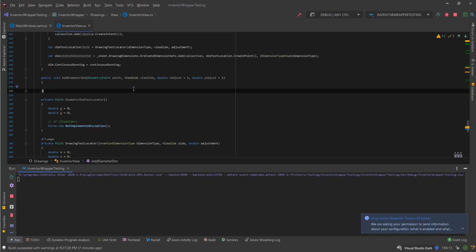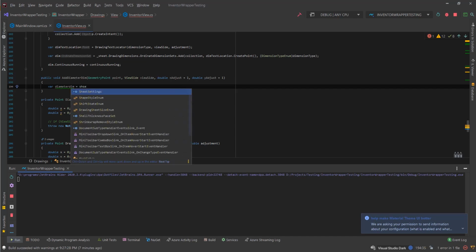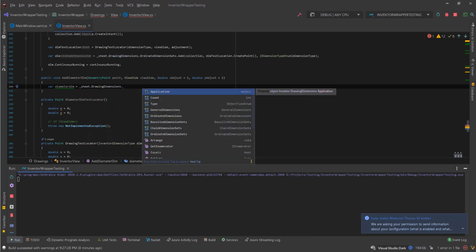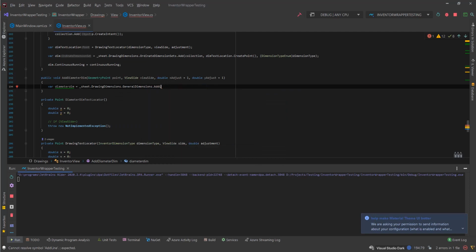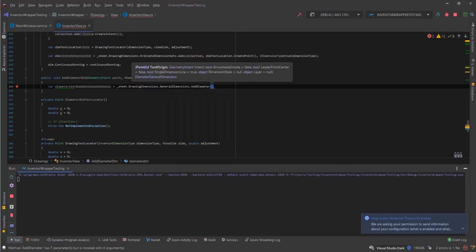Now we're going to say var diameterDim equals sheet.DrawingDimensions.GeneralDimensions.Add diameter, and we're going to look at our, so we're interested in the location of our text first. So we'll say